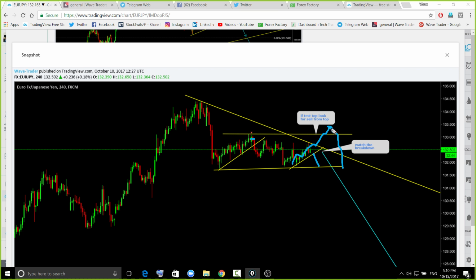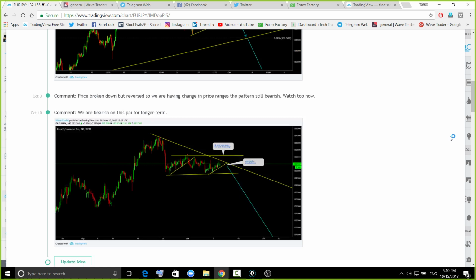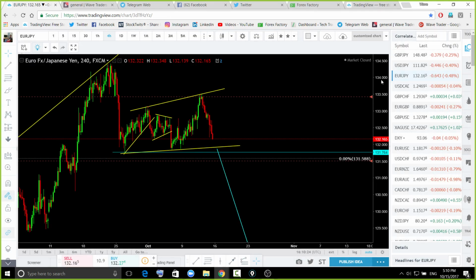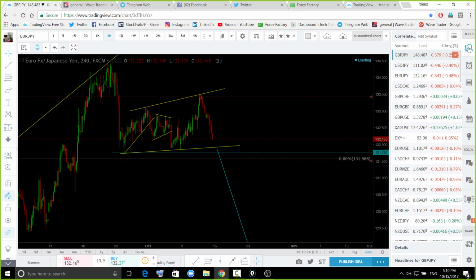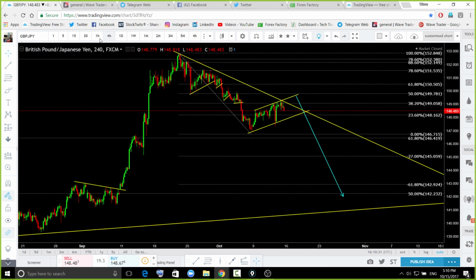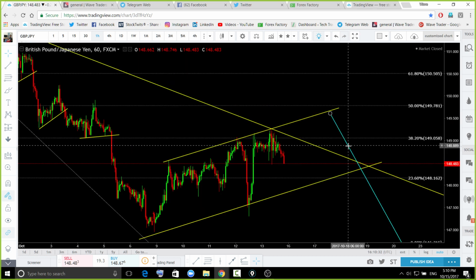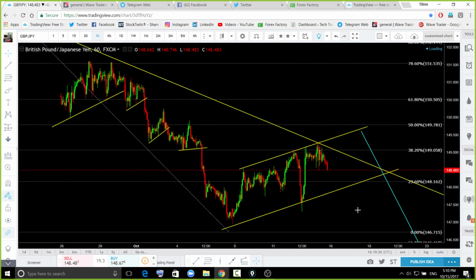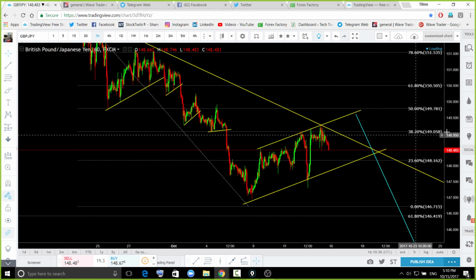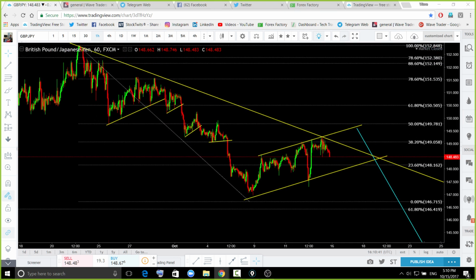My traders sold from this area when it was testing that top. Currently we want this pair to complete that move and then continue to the downside, or test that top and again go to the downside. I'll explain that pair once we move to it. Similar formation we may see on the pound yen. If that is going to happen, no frustration, no need to worry about that. Show some patience and stay in that trade at a good price. So what is the good price? The good price was there at the top. That opportunity is gone.